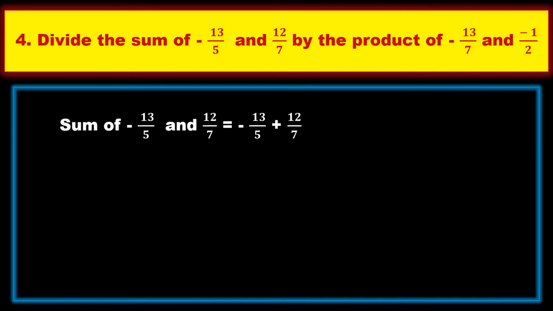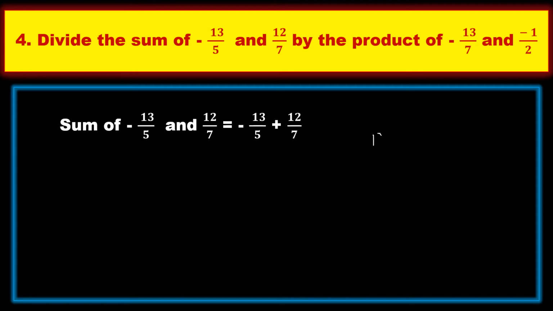So first he asks you to do the summation of these two rational numbers. So we'll add these two. The word sum is given, means we should indicate plus sign because sum means addition. As you know that these two numbers are rational numbers, you cannot add them directly because the denominators are different. Whenever the denominators are different, we cannot add them directly.